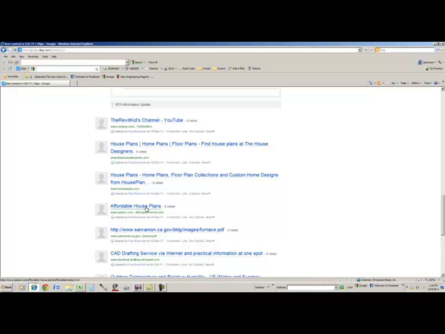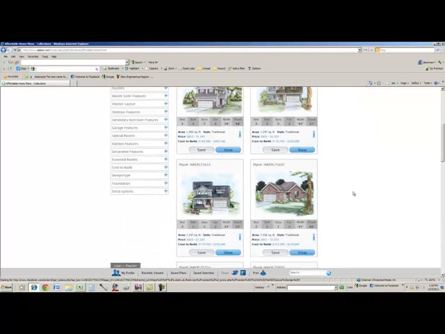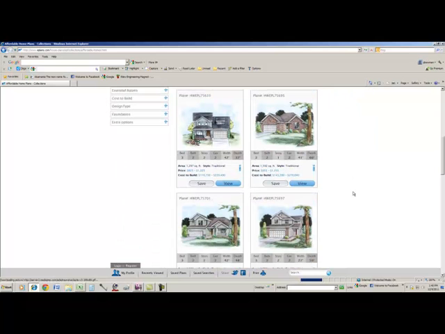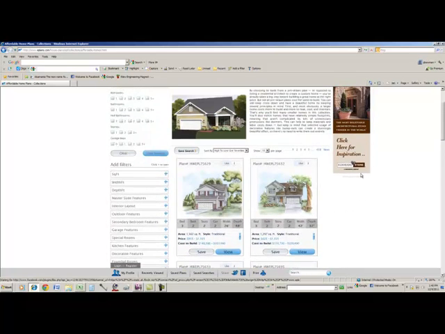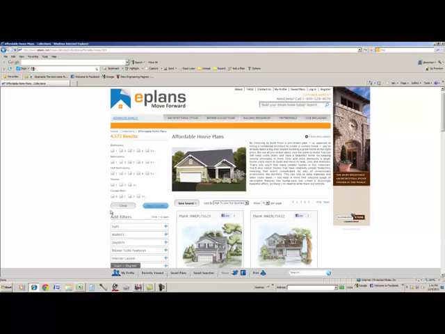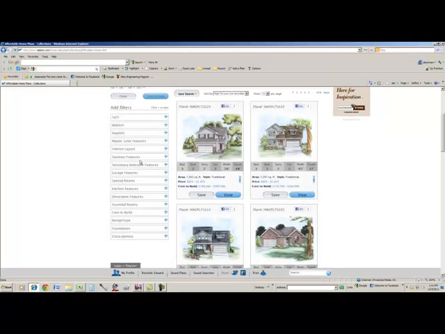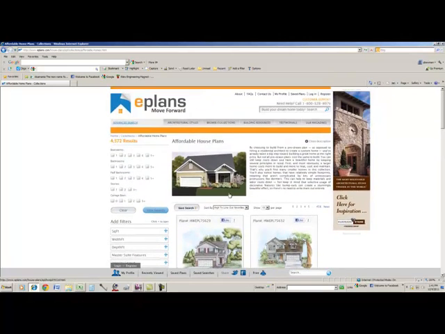And there's even one that's specific for affordable house plans, and they can click on that and look for homes that would meet the requirements for their project. These sites have really advanced over the years to the point where you can specify the number of bedrooms, bathrooms, half baths, stories, garage bays. You can filter them by square footage, width, depth, and so on. So they would spend some time